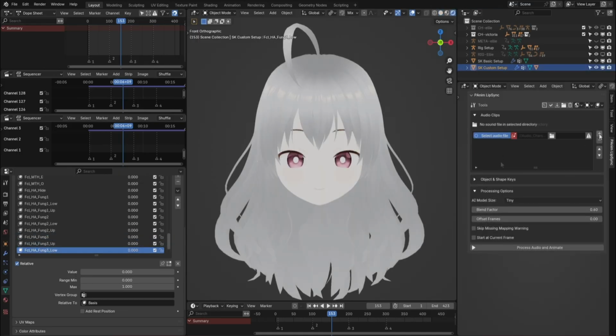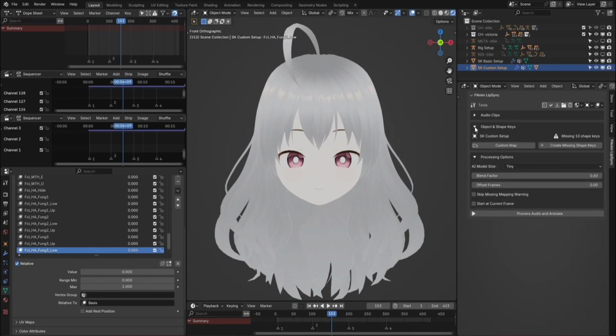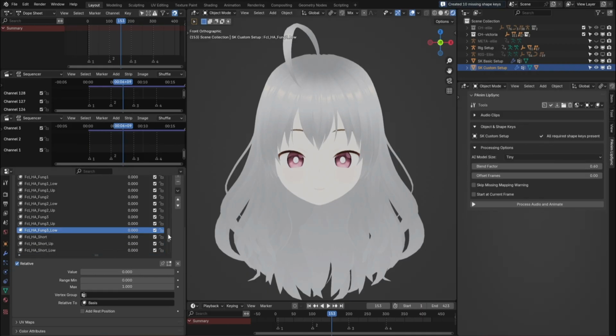Now let's cover what to do if your shape key names are different from the default ones. In the Object and Shape Key panel, you'll now see 2 options. Custom Map allows you to manually assign the shape keys you already have. Create Missing Shape Keys generates a full list of default shape keys which you can then modify to match the